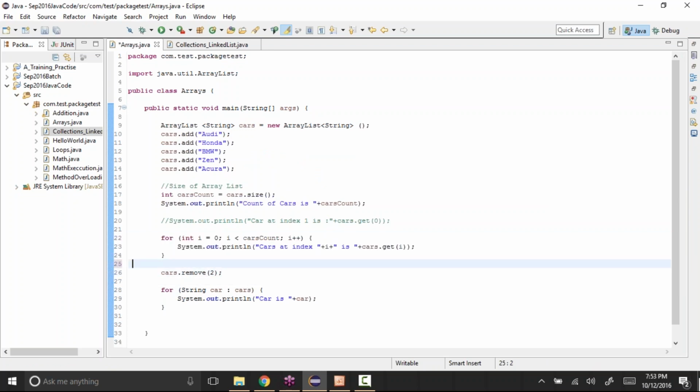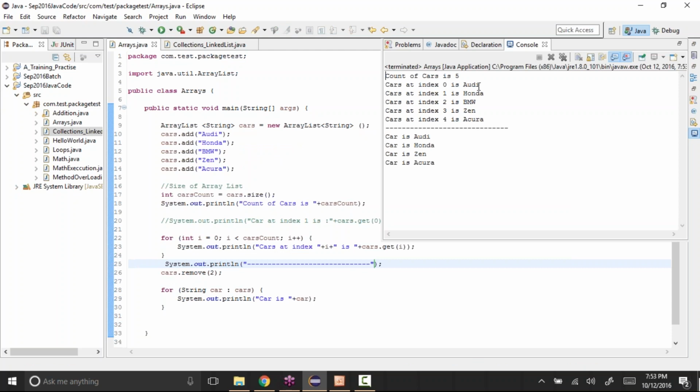Let's also display some line so that we can see the difference. If I run this, Audi, Honda, BMW, Zen, Acura. Here also we deleted the second location, which is BMW, so it deleted that and it's displaying the next values.